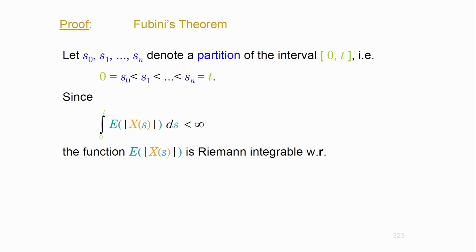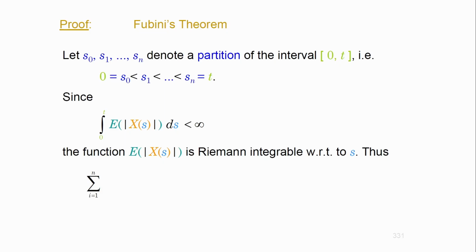Now, I was telling you when this would be the case. A function is Riemann integrable if and only if it is continuous almost everywhere. So if it's Riemann integrable, it is continuous almost everywhere, and if it's continuous almost everywhere, then it's Riemann integrable. This is with respect to time, of course, so S denotes time here, because S varies from 0 to t. So you're on the time axis. Since it is Riemann integrable, this is the function for which the limit is constructed.